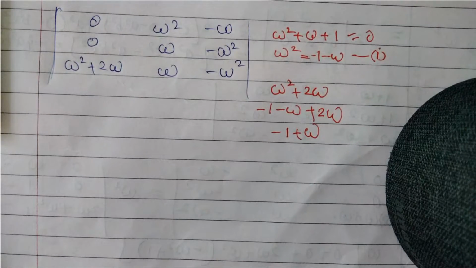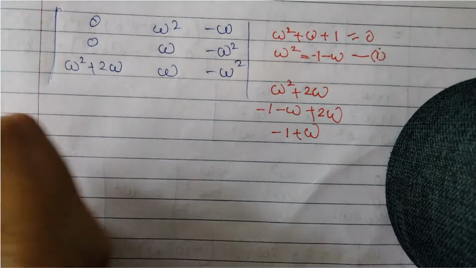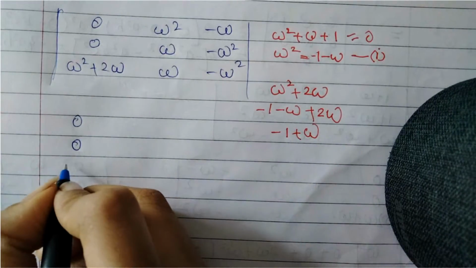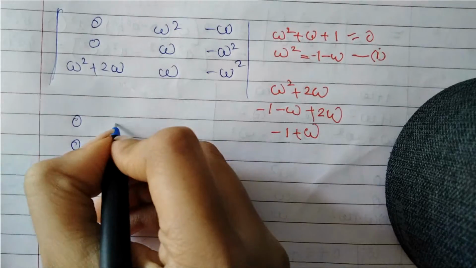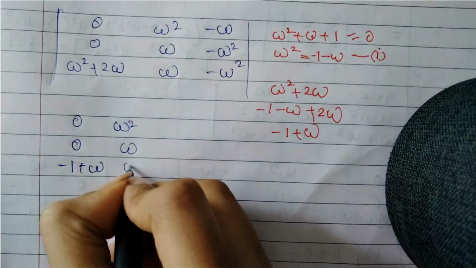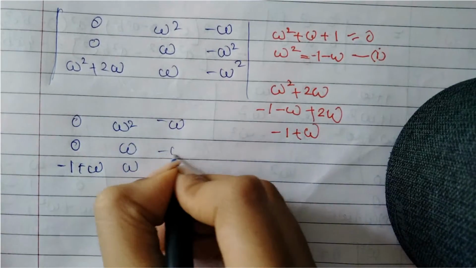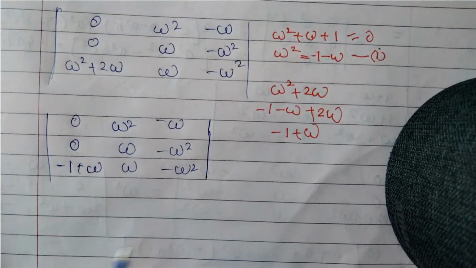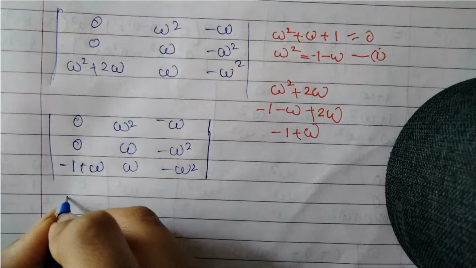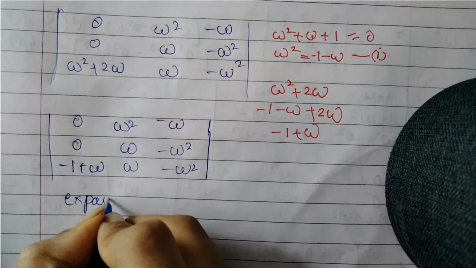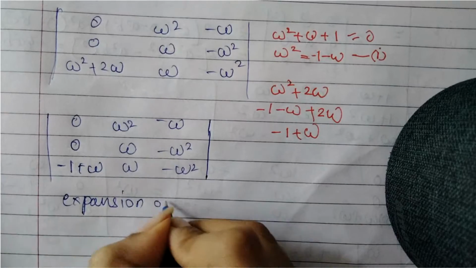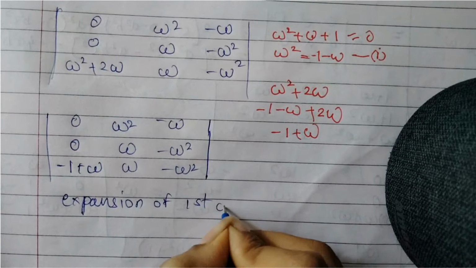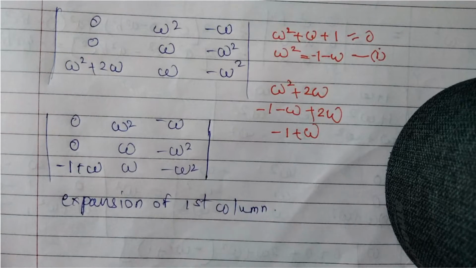So we can write this as, in the determinant we can write 0, 0 and minus 1 plus omega, and here omega square, omega, omega, minus omega square and minus omega square. Alright, so now let us expand this determinant. So expansion of the first column will give us